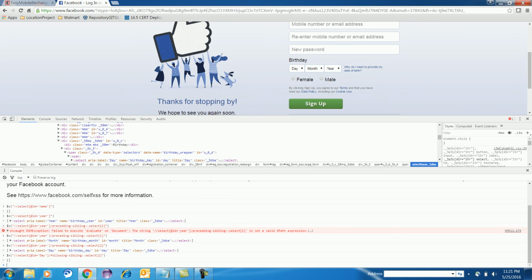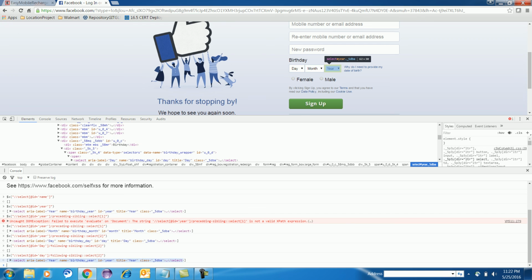So if you hit enter, you did not get anything. That is fine, because I believe that somewhere I am making a mistake. So I will copy this, I'll paste it here, and if you look here, D should be small. So if you hit enter now, see, you are getting year. So I think this is clear for you guys, how to use following siblings and how you can go back and how you can come up.